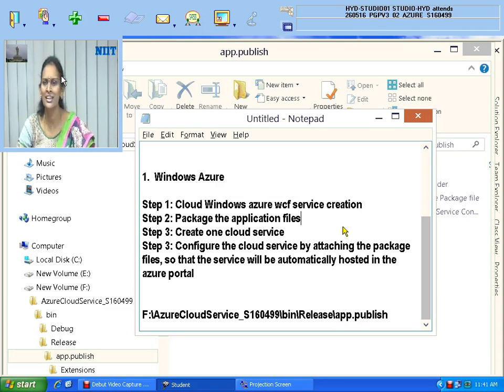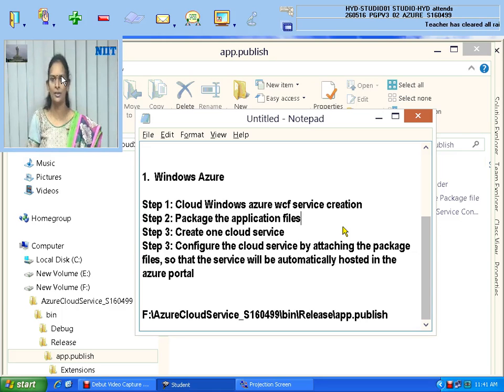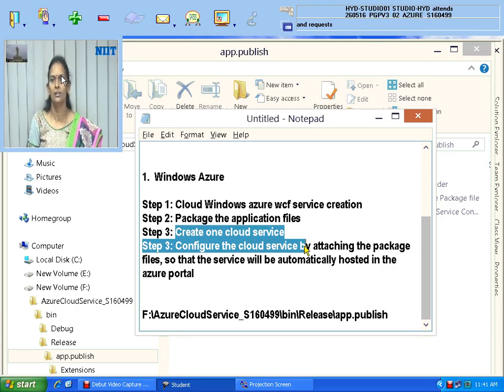Anybody is having any doubts still here, I am waiting for your query. Any step you did not understand until packaging, you tell me. Any step you did not understand till packing and the uploading. Third and fourth steps are not yet finished, that we will do now. That also will take very less time. Dharmendra is saying understood. Any queries, you write, my dear, so that I'll clear and move ahead.